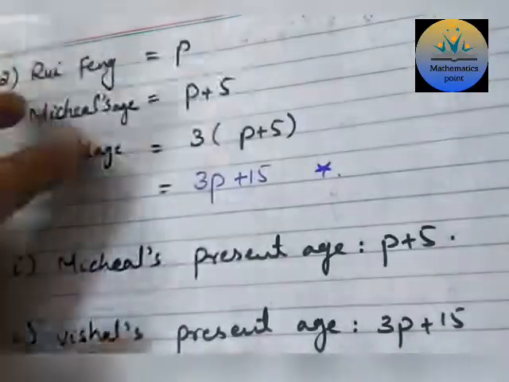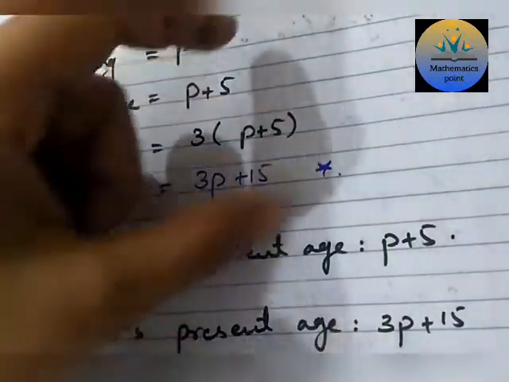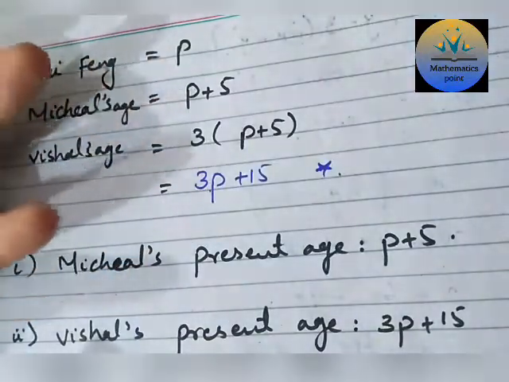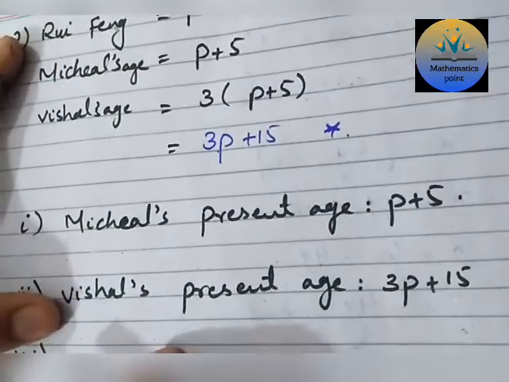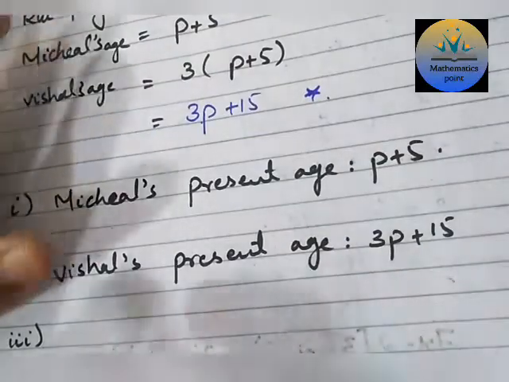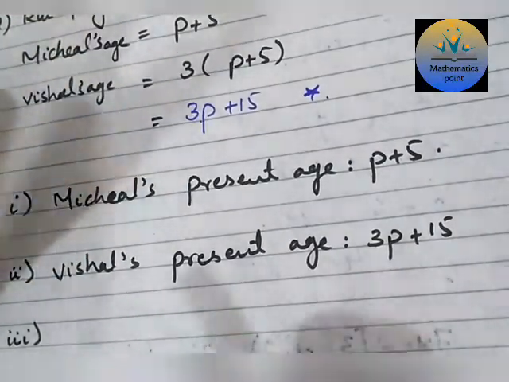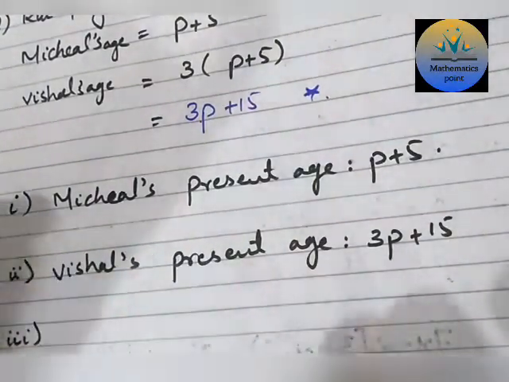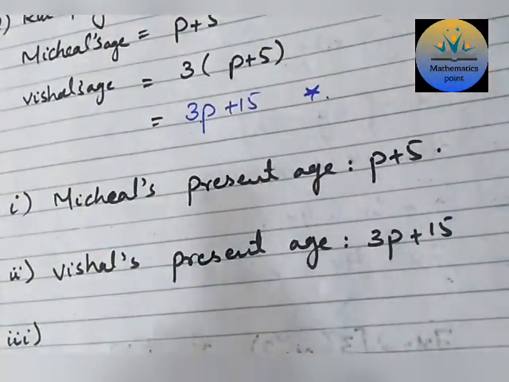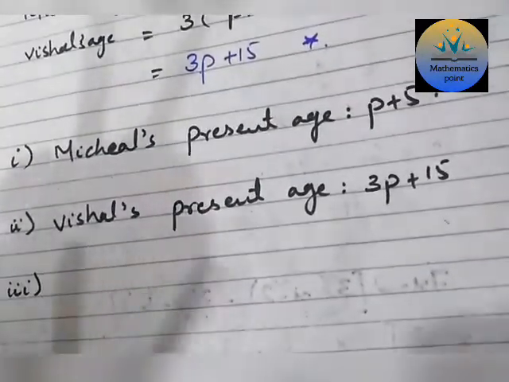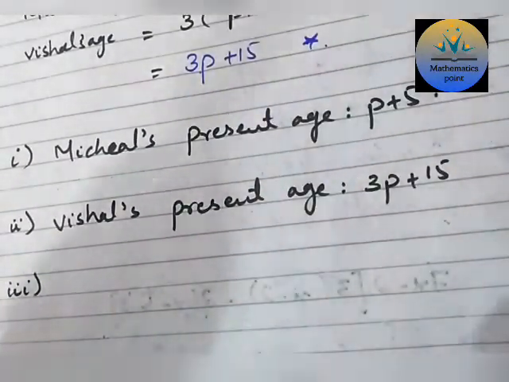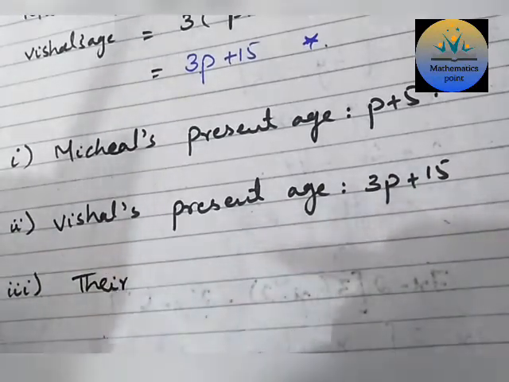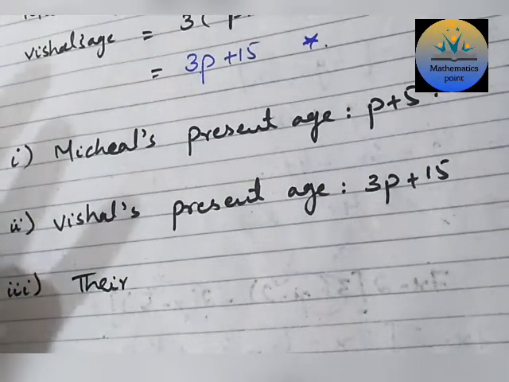Now you have the option that you add 6 to all the ages and then sum up the terms, or you just multiply: we have 3 people and the years is 6, so just add 3 into 6, that is 18, and add the 18 here. But the easy way that I would want to use is to add their ages after 6 years. In this there are some steps that we need to do.